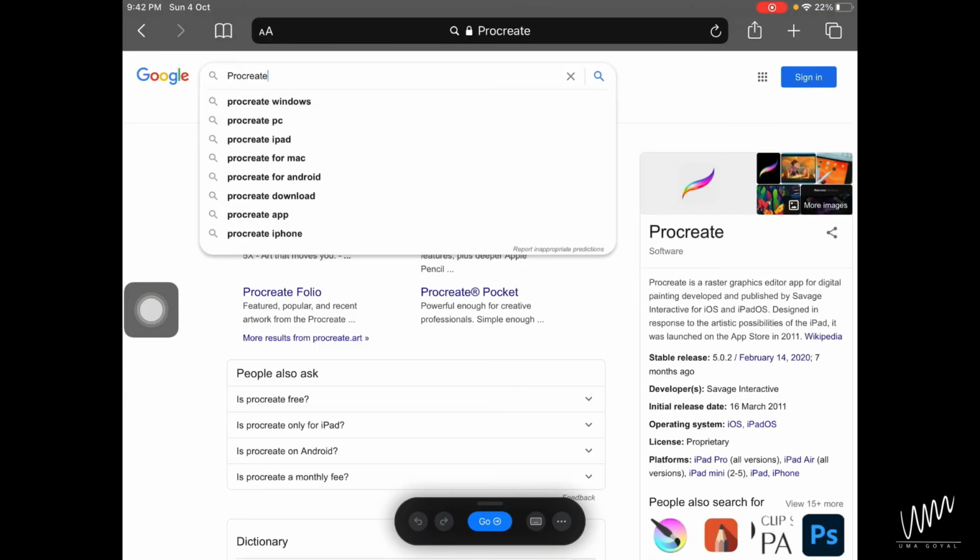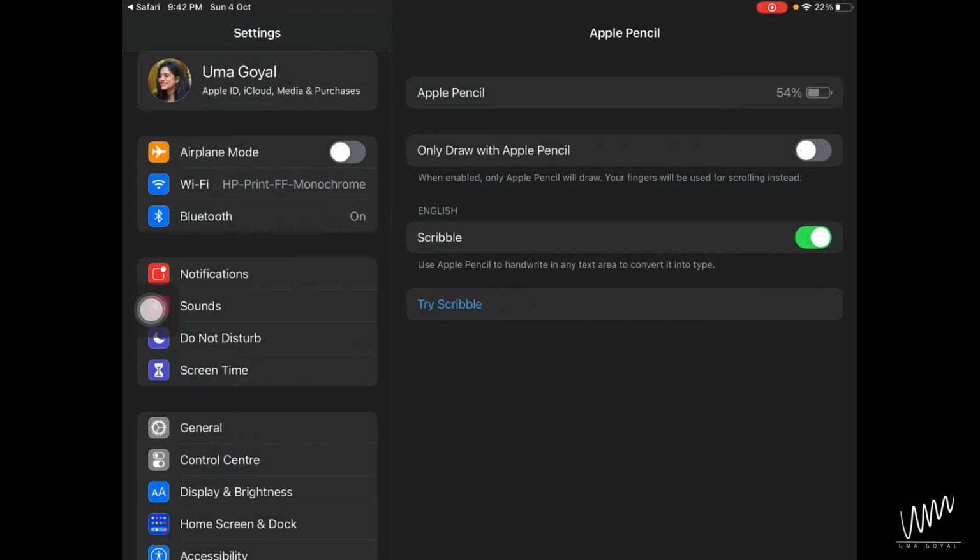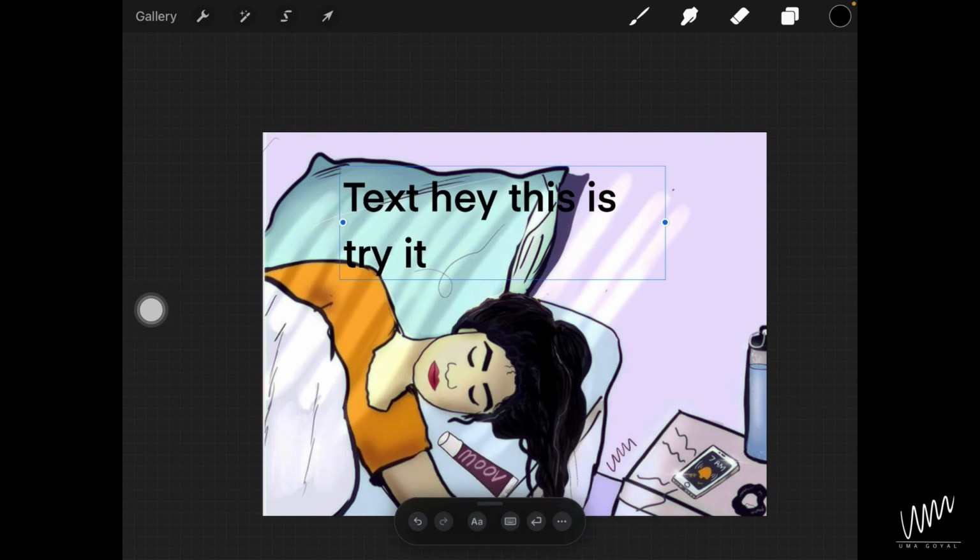If you want to switch this off and you find it irritating, then you can just go in these three dots and click on pencil settings and switch off Scribble. So once you toggle off Scribble, it won't work. Now let's go back. The other option in these three dots is auto minimize, which means that you can either choose to have all the options open and this menu will be in the center, or you can just click on auto minimize to minimize it, and it minimizes and stays in the corner. So that's Scribble. You can even make notes with it, so it's really fun and handy.